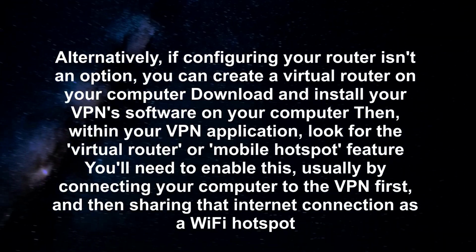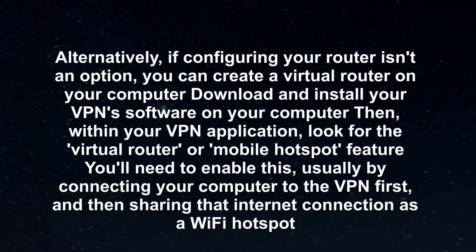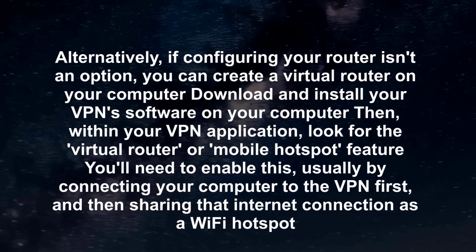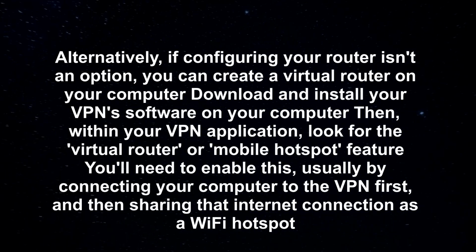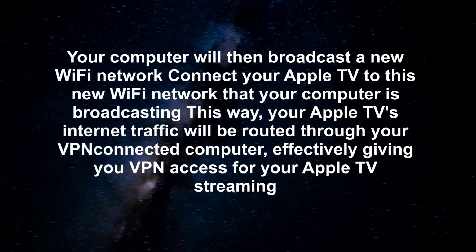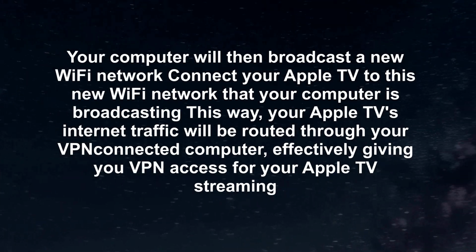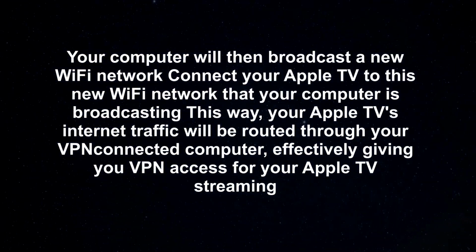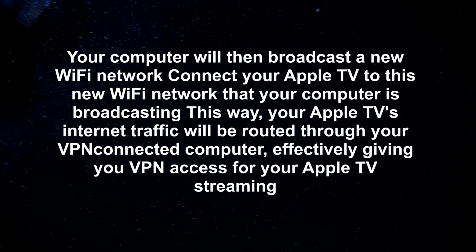Then, within your VPN application, look for the virtual router or mobile hotspot feature. You'll need to enable this, usually by connecting your computer to the VPN first, and then sharing that internet connection as a Wi-Fi hotspot. Your computer will then broadcast a new Wi-Fi network. Connect your Apple TV to this new Wi-Fi network that your computer is broadcasting. Your Apple TV's internet traffic will be routed through your VPN-connected computer, effectively giving you VPN access for your Apple